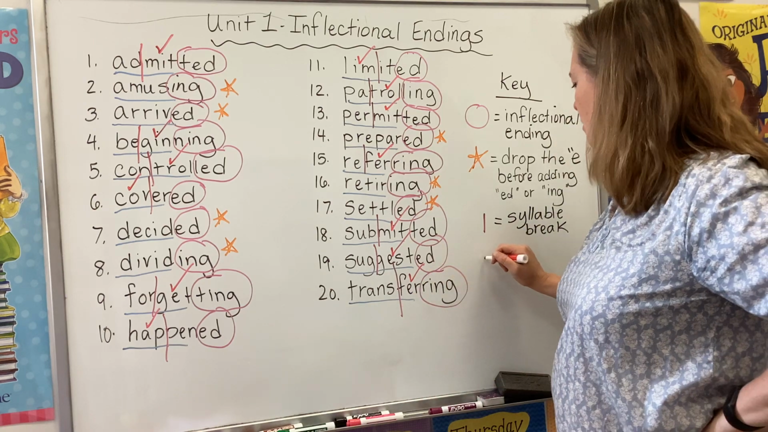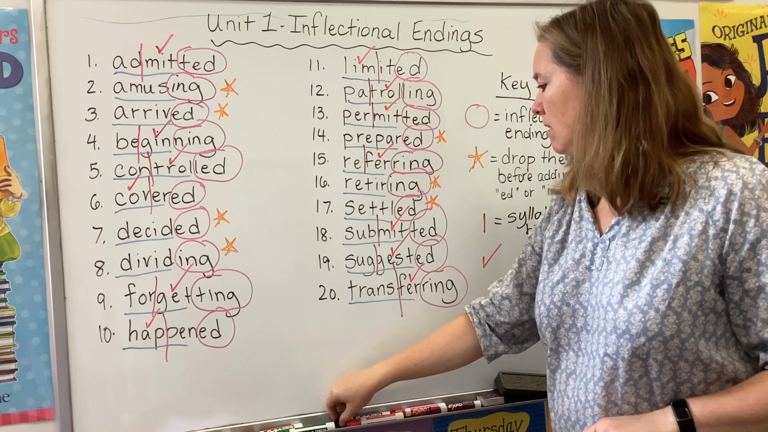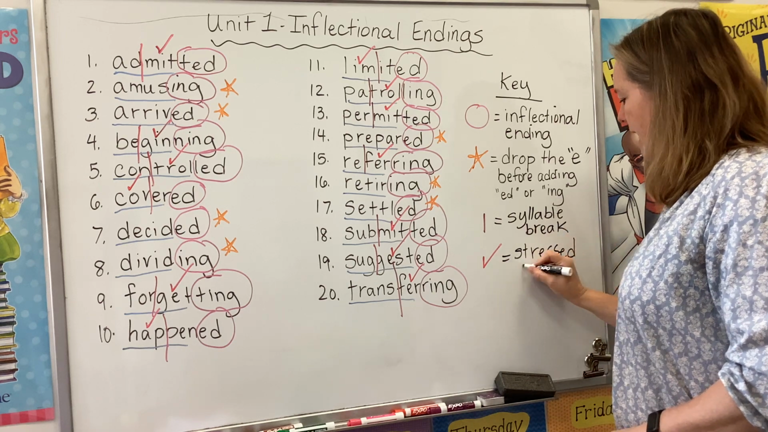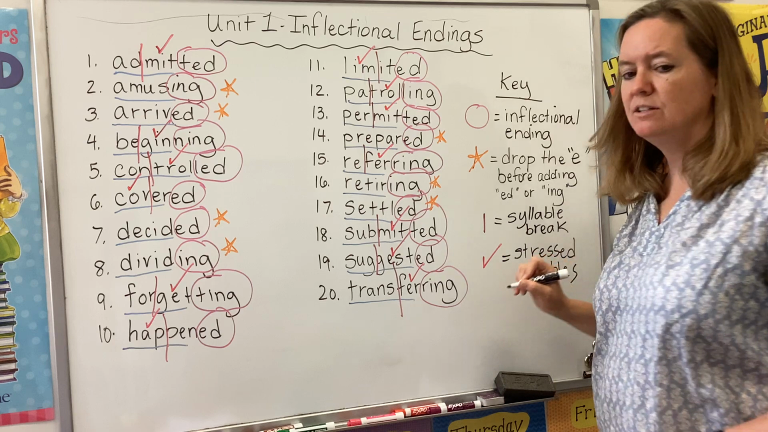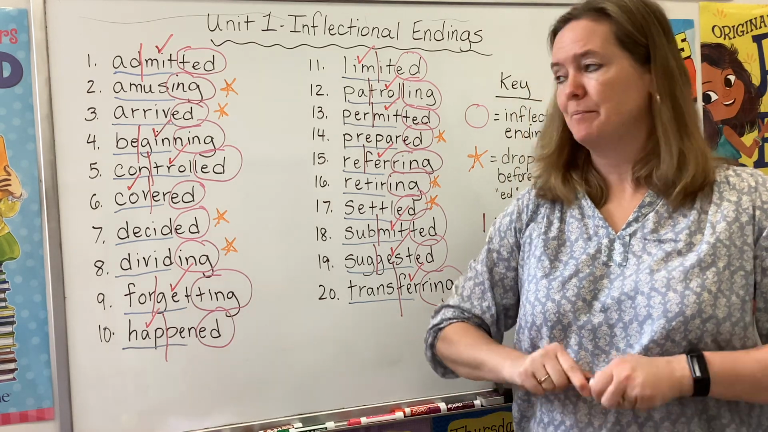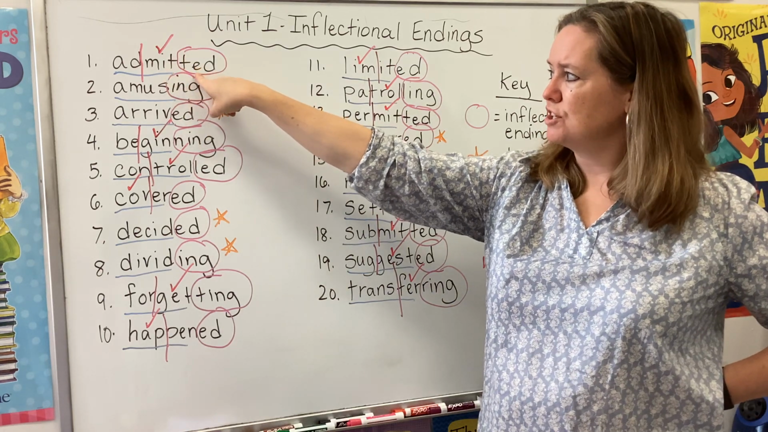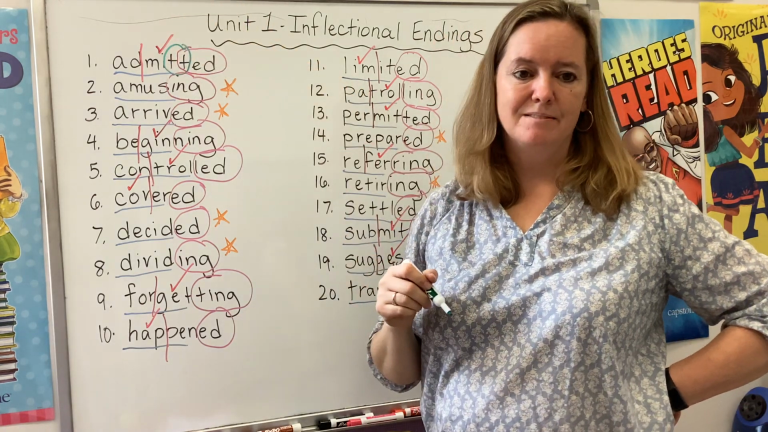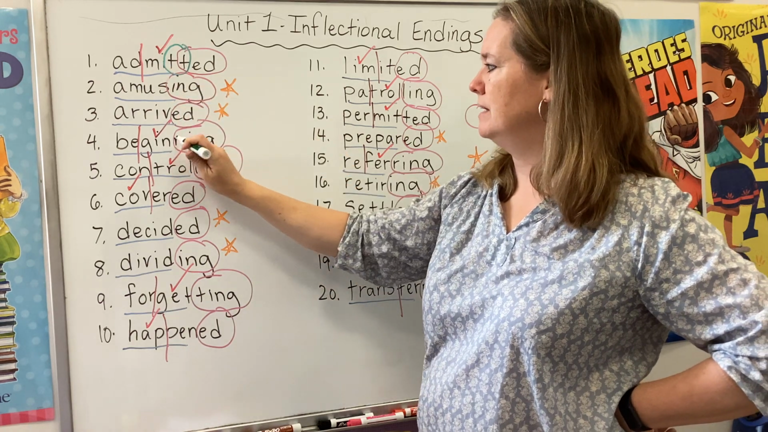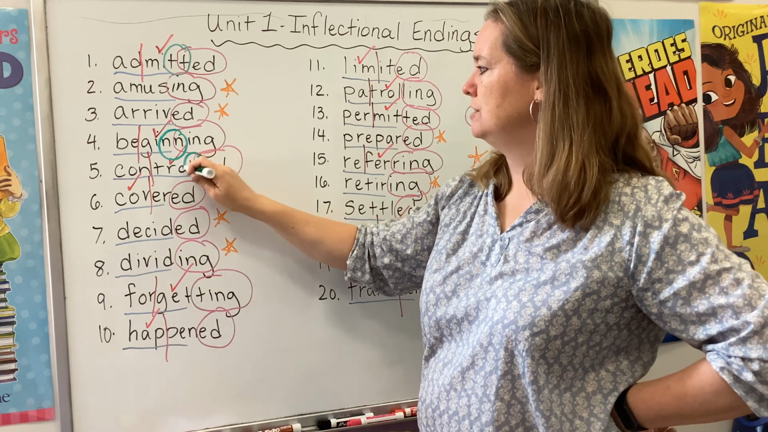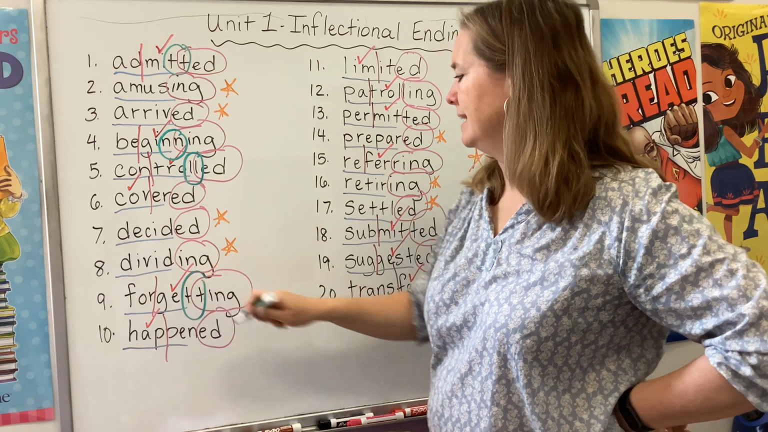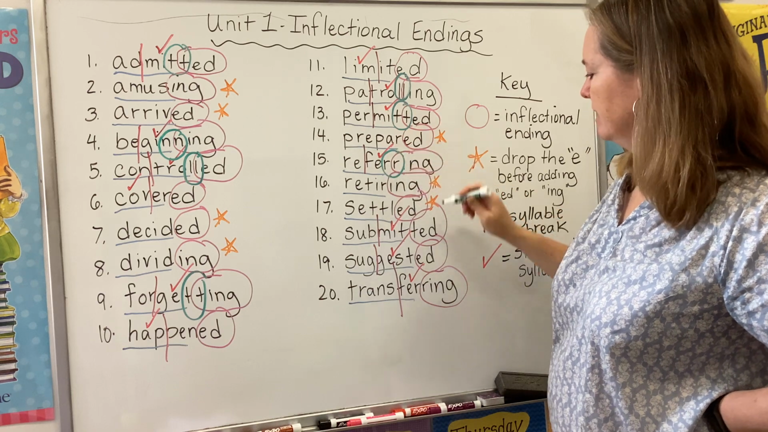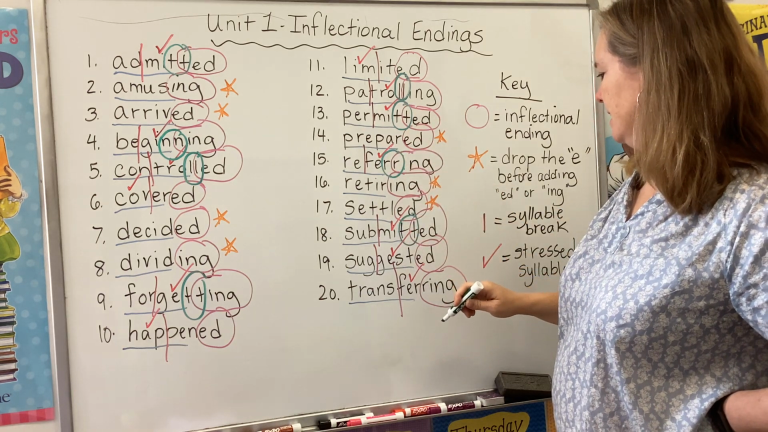So what? Why does it matter that all of these words have a stressed syllable? It matters because that is what helps you decide if you should double the consonant or not. If the syllable touching the ending is stressed, you double the consonant, double T. Admitted, same thing here. Beginning, controlled, forgetting, patrolling, permitted, referring, submitted, and